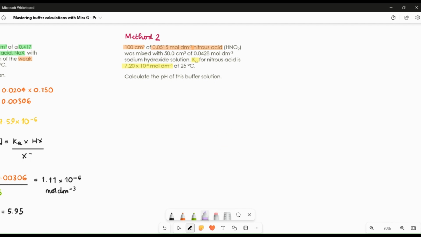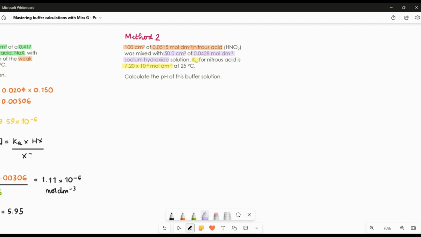So I'm going to use purple for my alkali. So we're using 50 centimetres cubed of a 0.0428 moles per decimetre cubed solution of sodium hydroxide. So that's my alkali. Now, the first thing we always have to do in these kinds of situations is write a balanced chemical equation. And then from there, we'll be able to work out the moles of the weak acid we have, the moles of the alkali that we have,